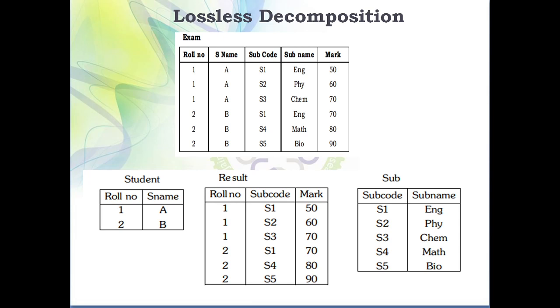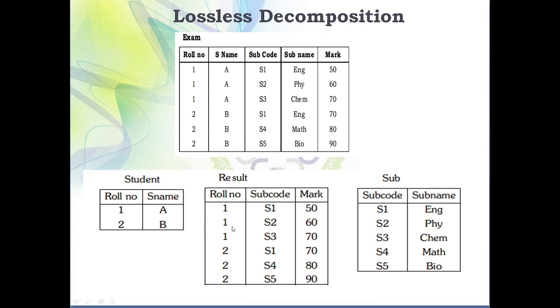We need to combine these three sub tables and check whether we get the original table back. If we get the original table, that means this decomposition is a lossless decomposition, because we understand two important properties of a lossless decomposition: we do not lose any information, and after combining all the sub tables, we get the original table back. That is what we want to validate here. First of all, compare this roll number with this. So we got the first row.